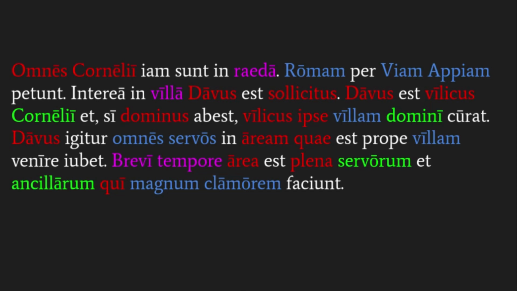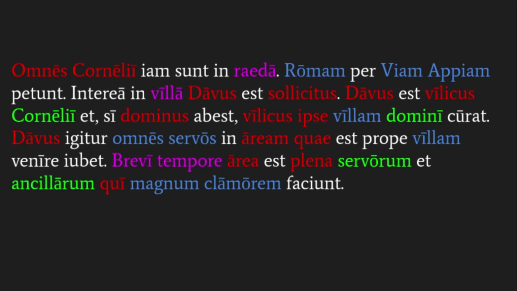Romam per viam Appiam petunt. So here, there's no word highlighted in red, which is totally fine. If you look at our verb, it ends in an NT, petunt. So you know it's they are seeking, right? Or they are looking for. And the last subject we were talking about were the Corneliuses. So we're still talking about the family. So you're saying the Corneliuses, they, right, petunt, are looking for Romam, Rome, right? They're seeking Rome, per viam Appiam, along the Appian Way. And remember, per is one of the prepositions that always takes an accusative noun. In this case, viam Appiam, right? The Via Appia, that main road cutting along Italy. That's what they're traveling on.